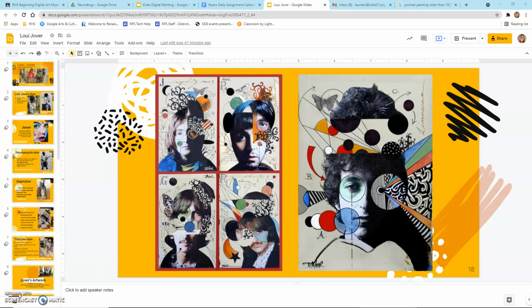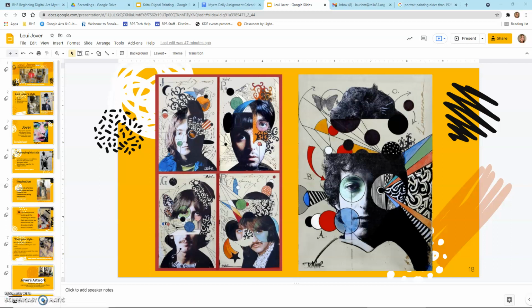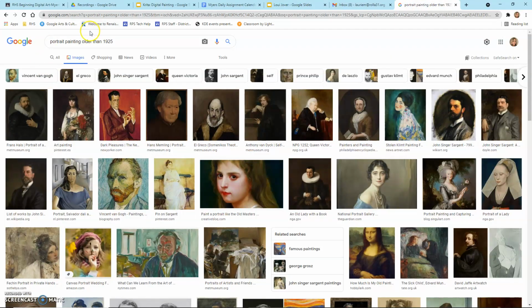Hi everyone, I'm going to do a quick tutorial on how to do this Loui Jover-inspired portrait, and I am going to do that in Photoshop. So the first thing I want to do is find a painting older than 1925 and select images, a portrait